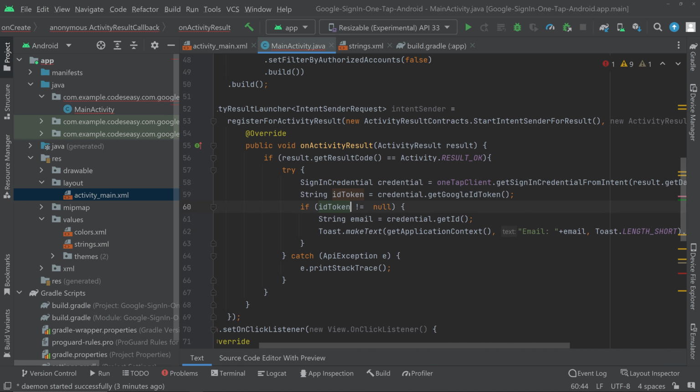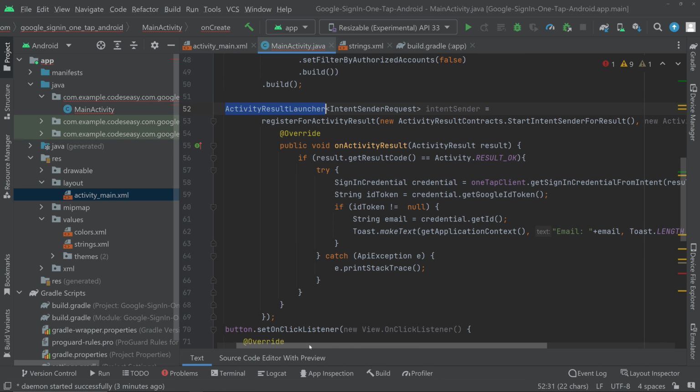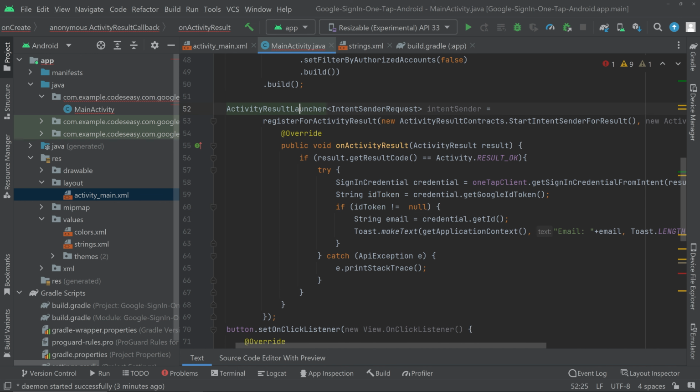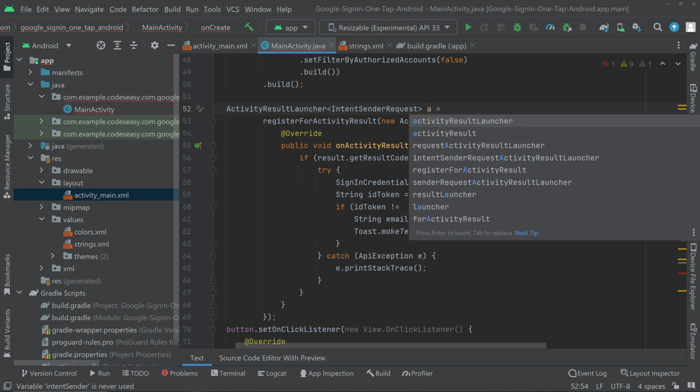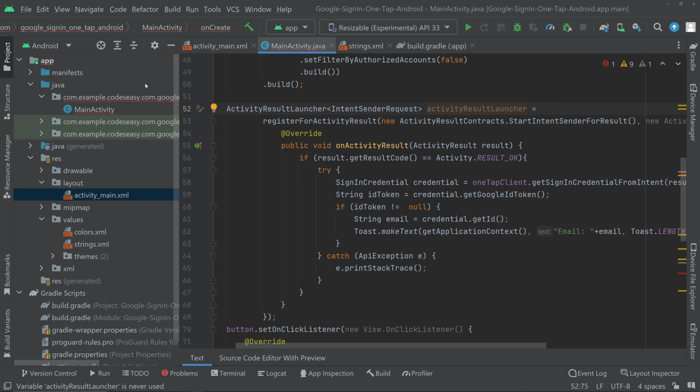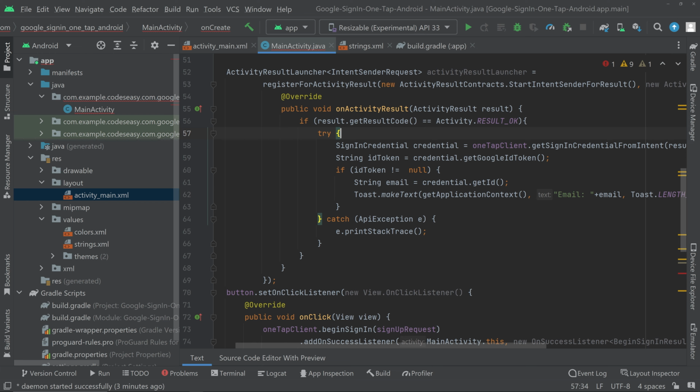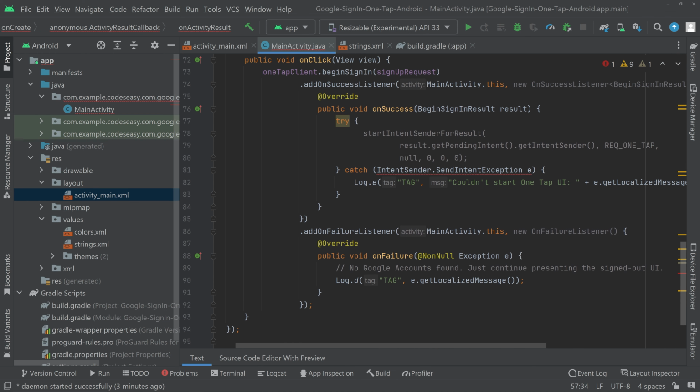Now we have to call this activity result launcher. So for that, we can change the object name because it doesn't match. So we can change it to activity result launcher. Okay, so we have changed the object name here. Scroll down and you can see this line. Okay, so we commented this line. So we can remove that from here